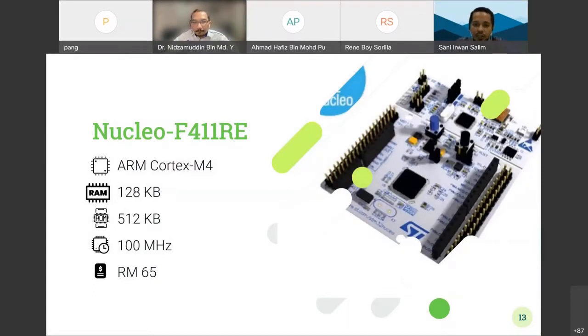And finally, we go for the STM32. This is one of the options for the STM32. We call it a Nucleo F401RE. This is what we have already adopted inside the curriculum for FKEKK or in UTEM. So the F401RE is not the famous one. The famous one is 446, I think. But it's within the same family. We got Cortex M4, 130 kilobytes of RAM, 512 kilobytes of ROM, 100 megahertz of clock frequency, and then it costs